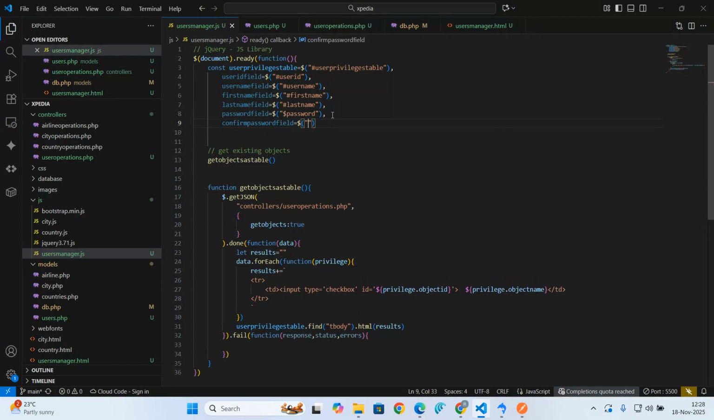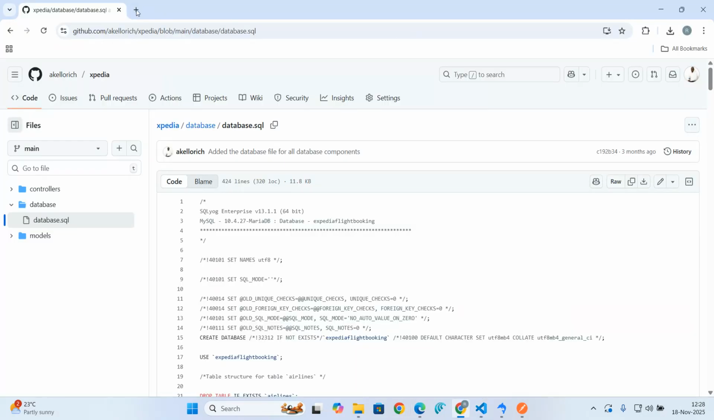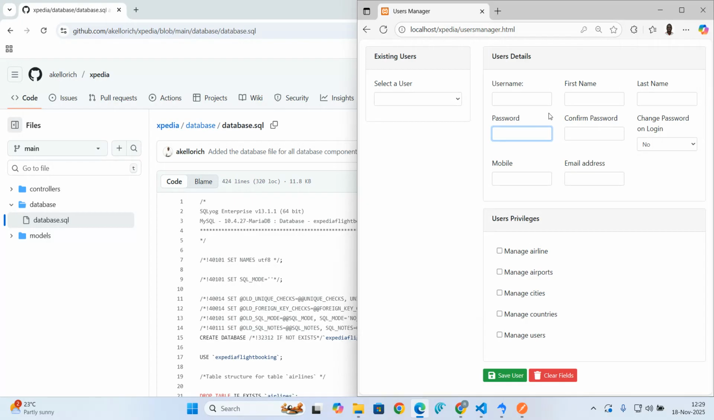Sorry, confirm password. We also have a system admin field, that will be also system admin. Do we have any other field that we have not mentioned? So let's do this. Come back here. So we have